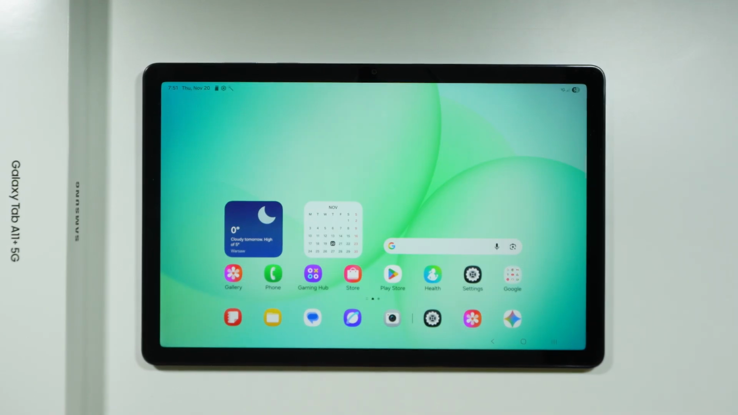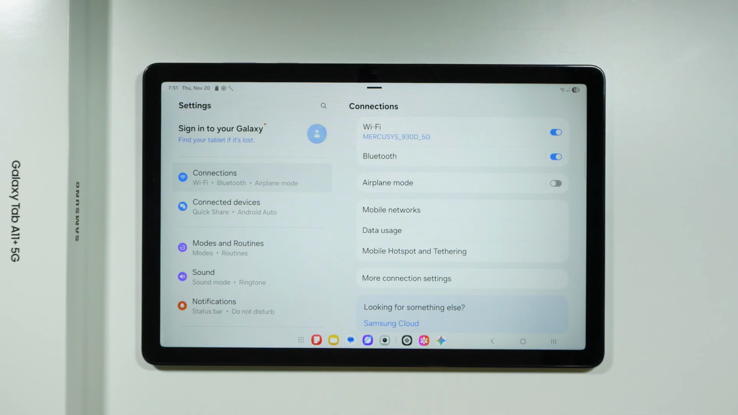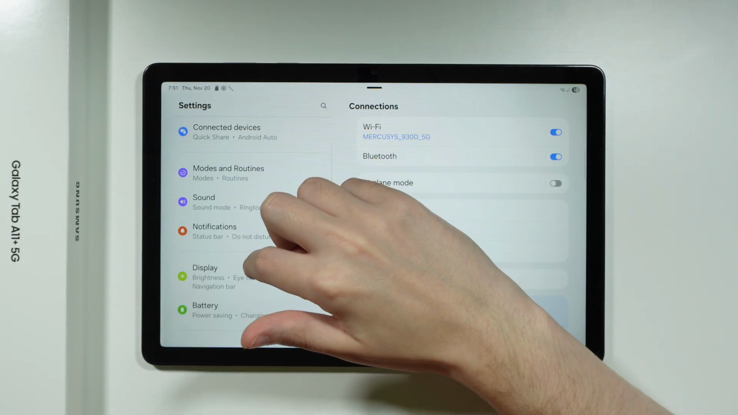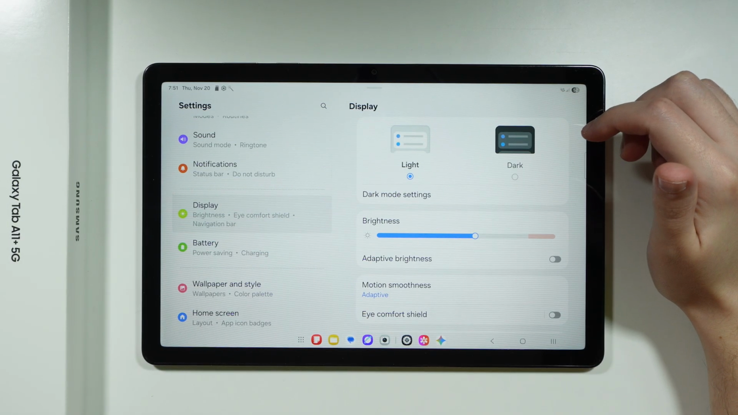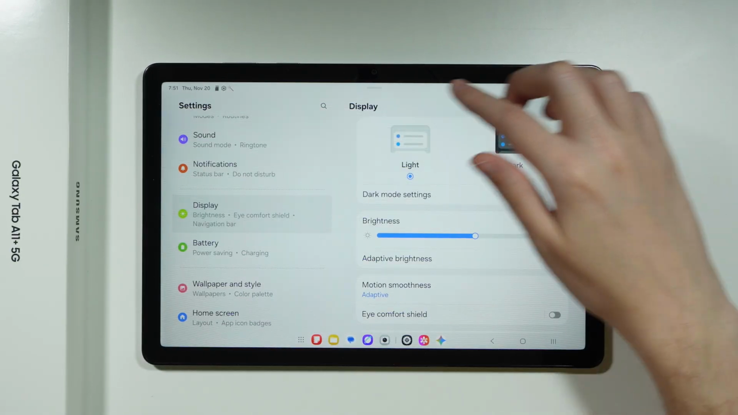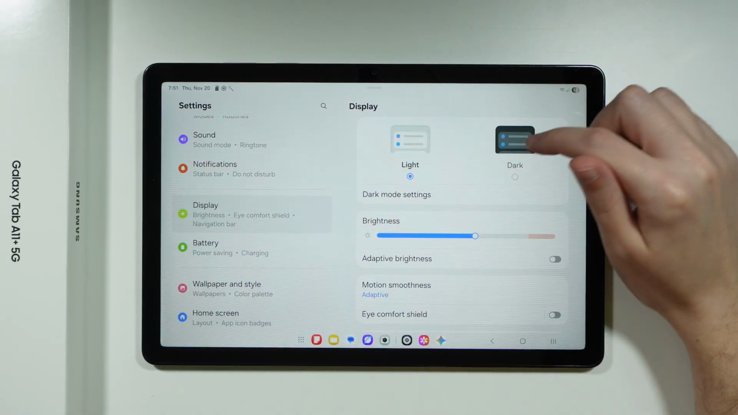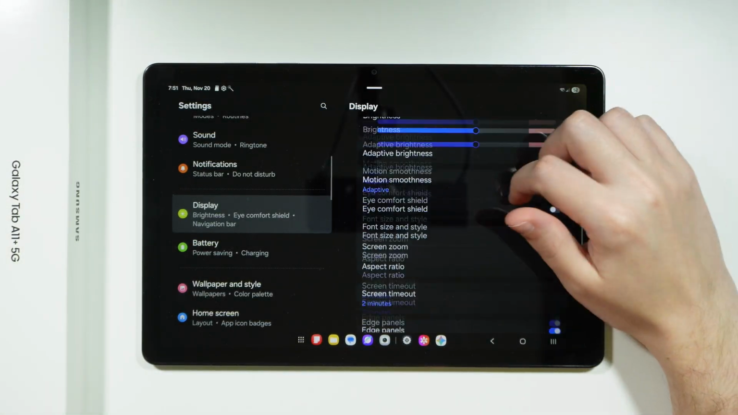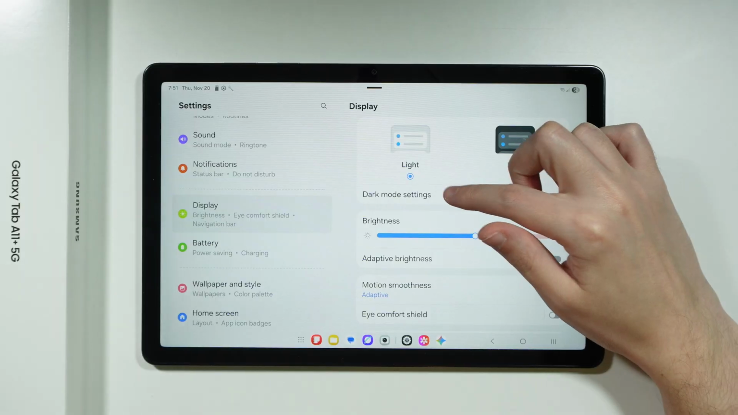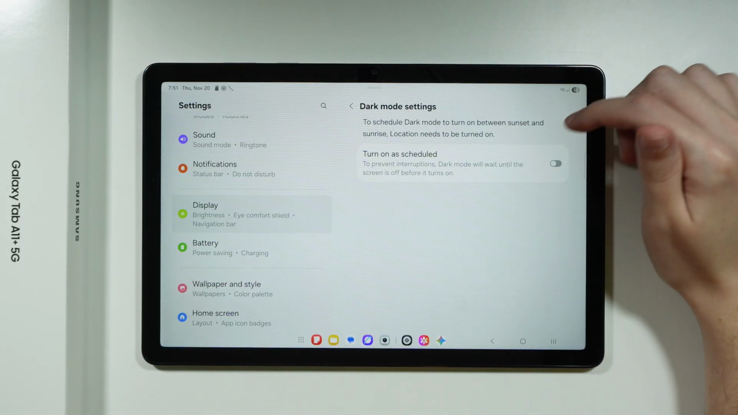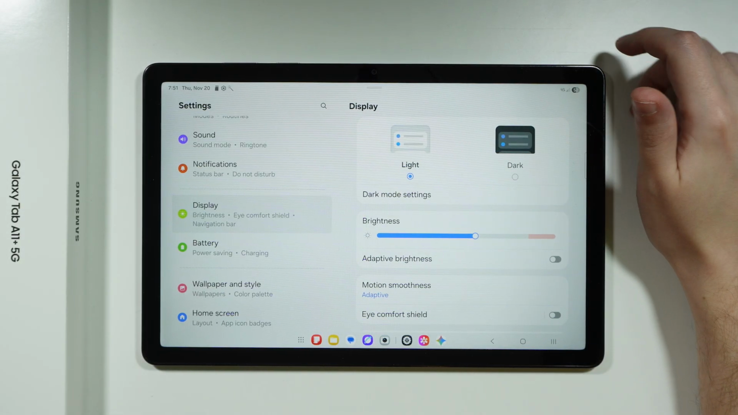Let me show you all display settings that we have available on Samsung Galaxy Tab A11 Plus. So if we go to settings, then over here we can choose display, and of course over here we can start with the light and dark mode. So you can easily choose between one or the other. We also have the automatic dark mode, so you can schedule it so that it can be automatically enabled and